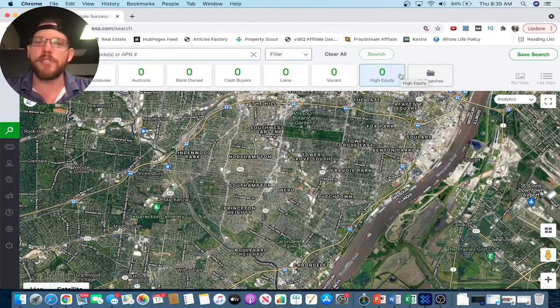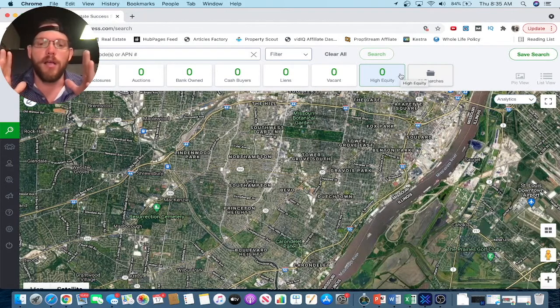And if you haven't closed a deal yet, you'll be well on your way to pulling the right kind of data, the right list, narrowing down in your market exactly what kind of properties you want to target to lock up under contract and wholesale and make that first deal. And you can get that rush of what it's like to wholesale a property, because this business is so over